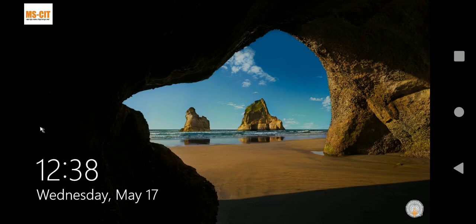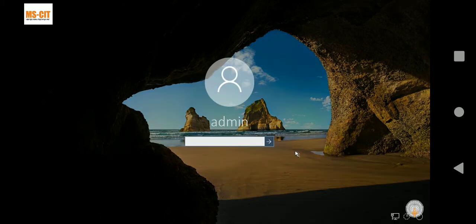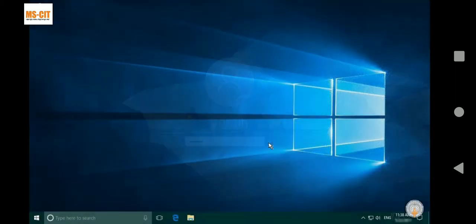To unlock a laptop, press any key on the keyboard or click anywhere on the screen. The sign-in screen is displayed. You can see the password box under your username. This indicates that you are still signed in, but your account is locked. To unlock it, type the correct password and click the arrow button next to it or press Enter. Your laptop is unlocked and all running applications are still open, so you can quickly resume your work.